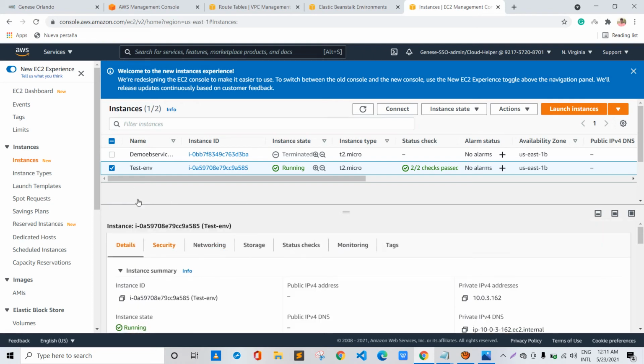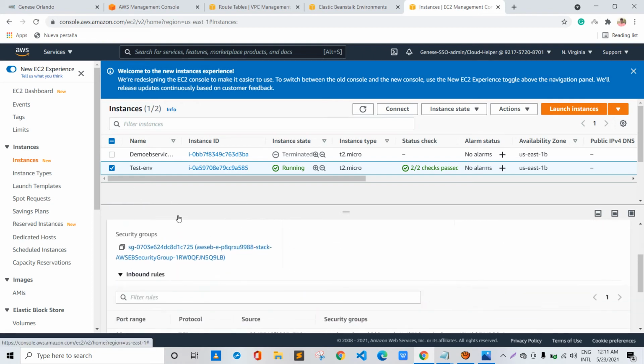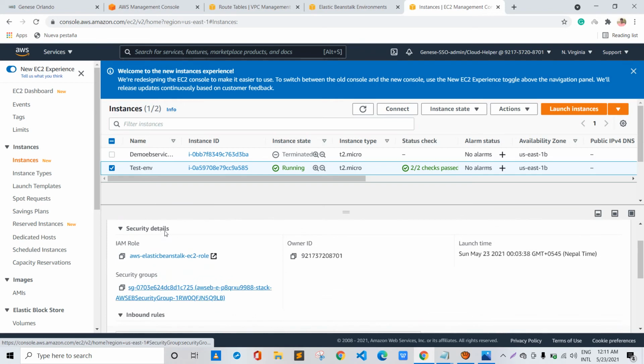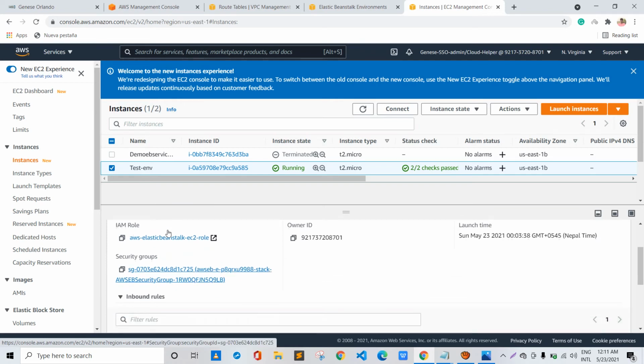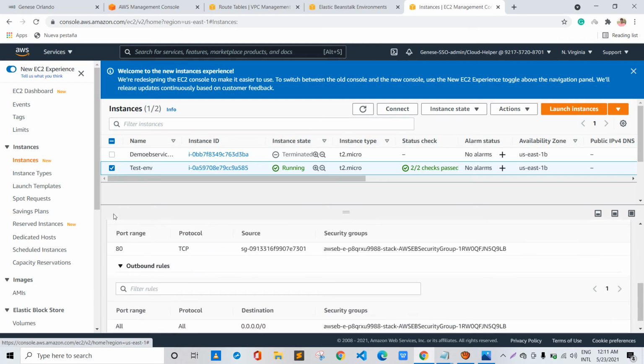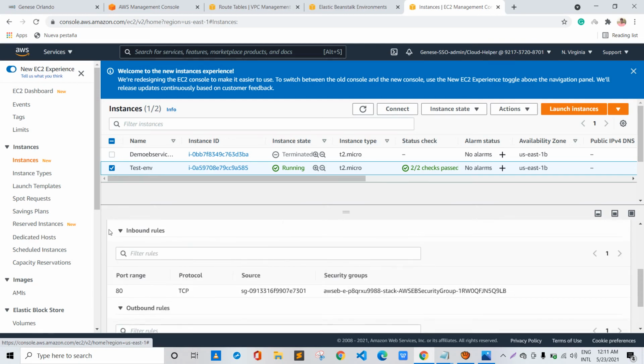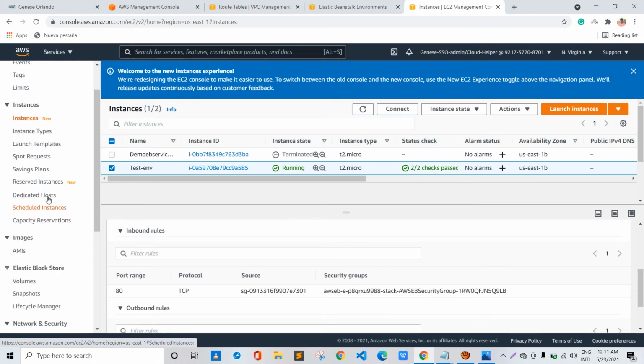If we see its security group, it says AWS EB, which means it was created by Elastic Beanstalk, and only port 80 is open right now, so we can manually add other ports as per our requirement.